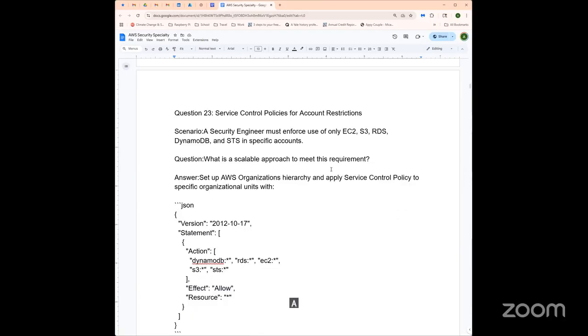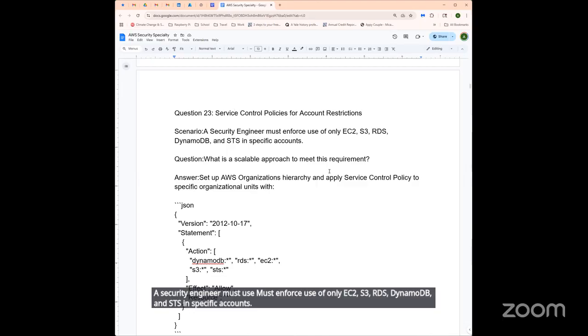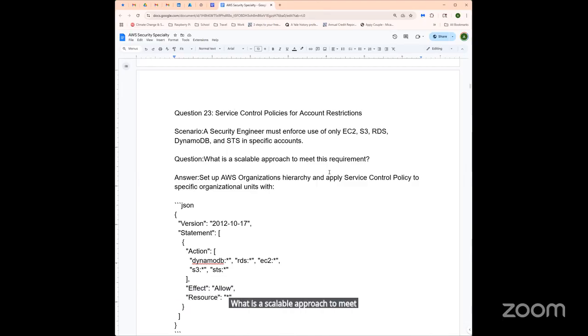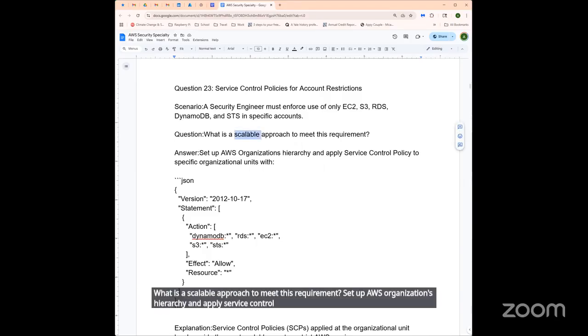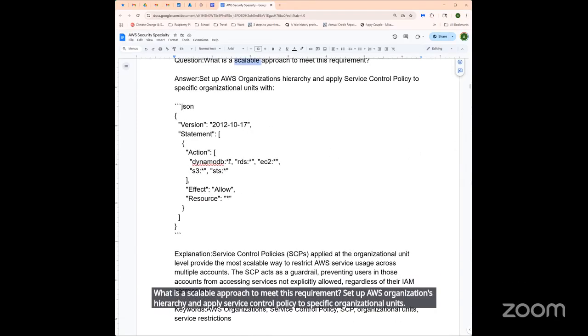A security engineer must enforce use of only EC2, S3, RDS, DynamoDB, and STS in specific accounts. What is a scalable approach to meet this requirement? Set up an AWS Organizations hierarchy and apply a service control policy to specific organizational units, with a policy like you see